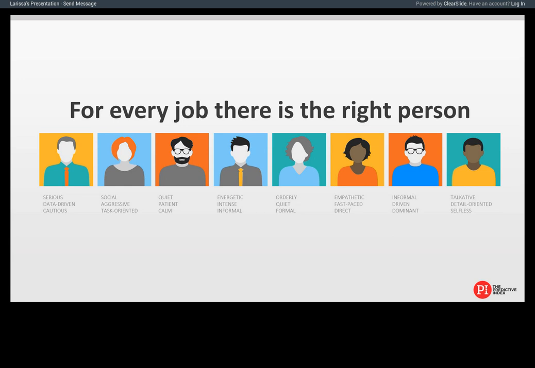I was just talking with a client yesterday, and they are trying to fill an inside sales position. He has someone already in the company that he really wants to be the guy. We were talking about it, and from a traditional sales pattern, he wasn't a very high fit. He was a mid to low fit.